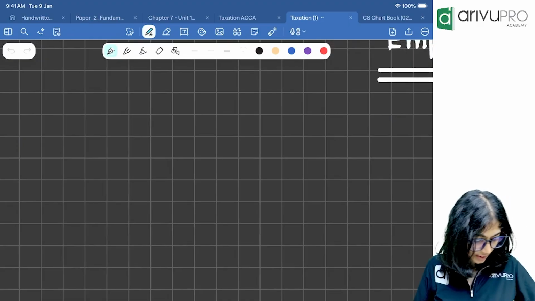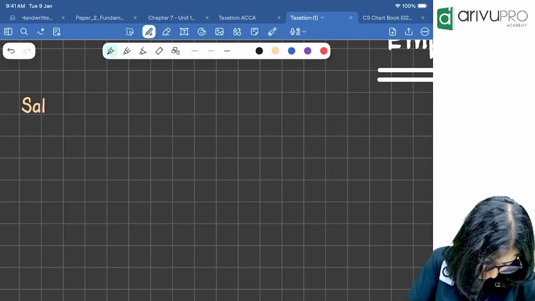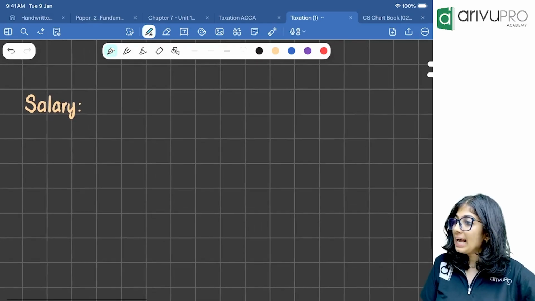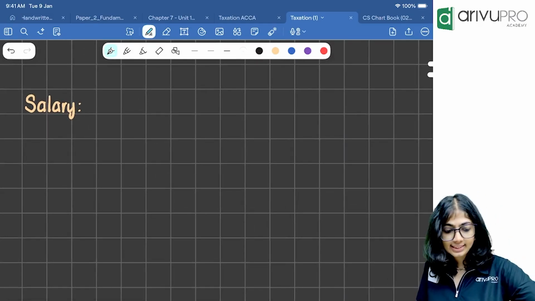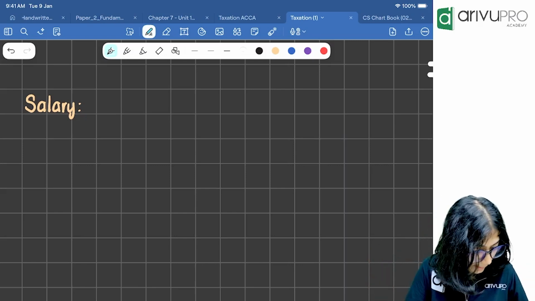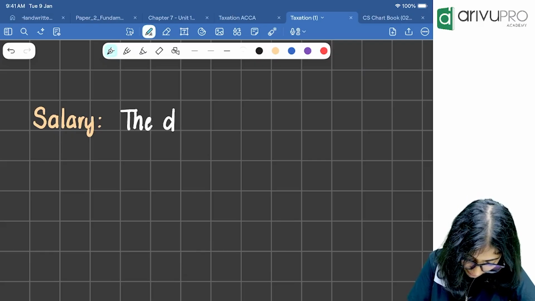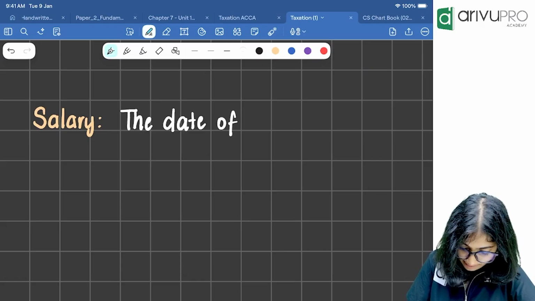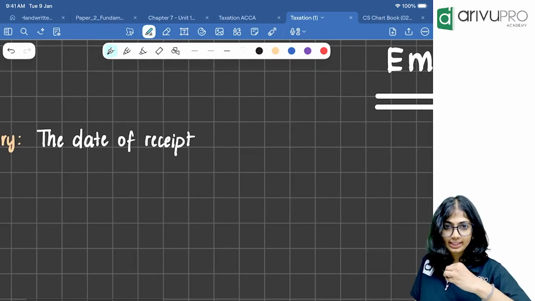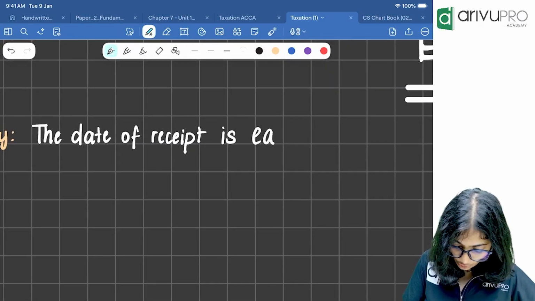That is your salary. Now, when it comes to salary, there's one thing that's super important you need to remember. That is, when it is actually assessed, what earnings and to what timeline those earnings are actually assessed. The first thing you need to remember is the date of receipt. Receipt being whenever you receive, right? Whenever you receive the income, whenever you get your salary, the date of receipt is earlier of